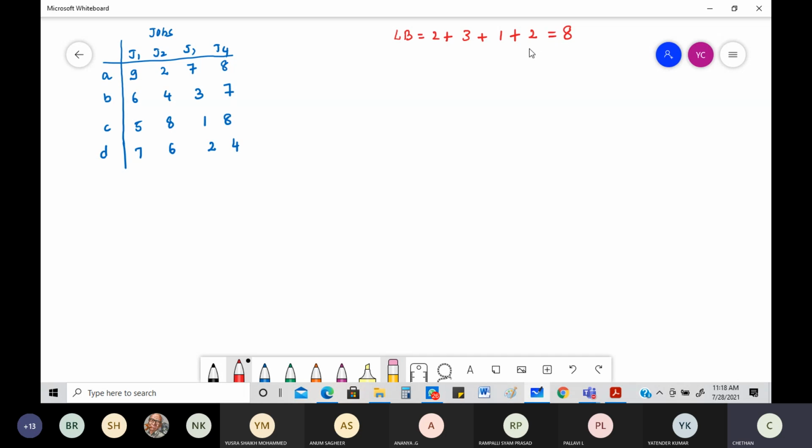See, we cannot take this. Some people may think you assign like this: A, what is it? J2. Then B, what is the smallest here? J3, assign J3. C, what is it? Now you can't do this. See, C's minimum is 1 only, which again represents J3. D is again minimum J3 only. See, this is a problem. J2 is done, fine. J3 is done by 3 people. What about J1? No one is doing it. What about J4? No one is doing it. This is wrong.